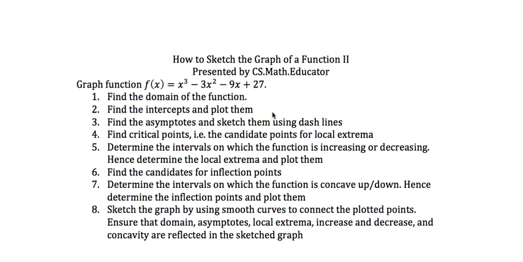First, we find the domain of the function. Then we find the intercepts and plot those intercept points. Then we find the asymptotes and sketch them using dashed lines. Then we find the critical points that are the candidate points for local extrema. Then we determine the intervals on which the function is increasing or decreasing, hence determine the local extrema and plot